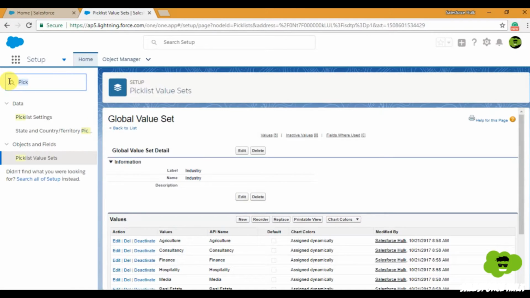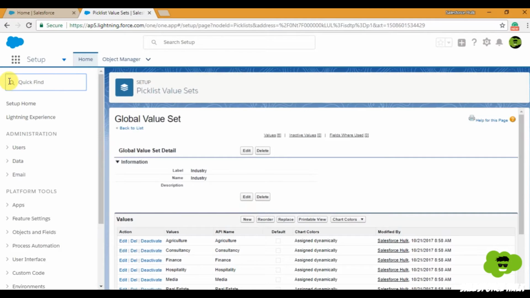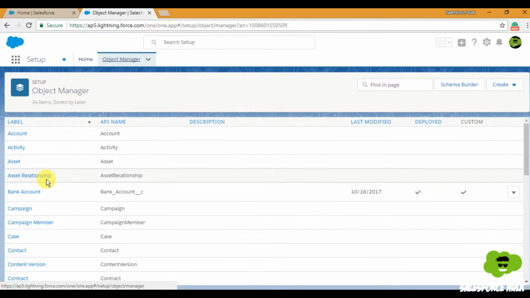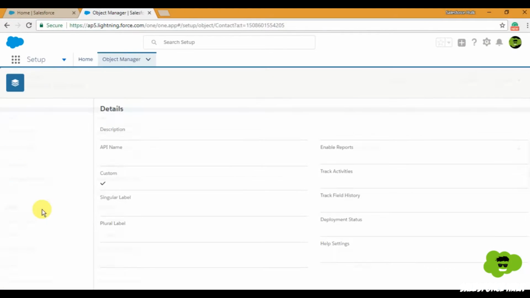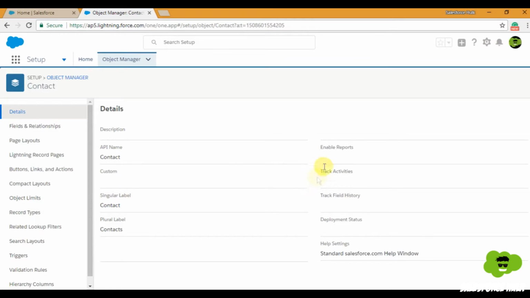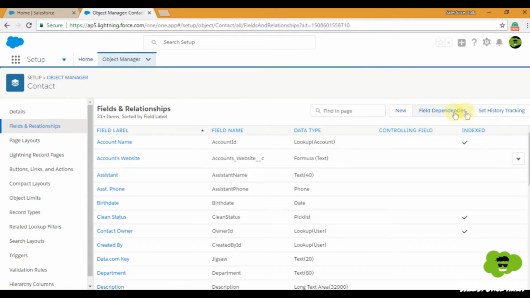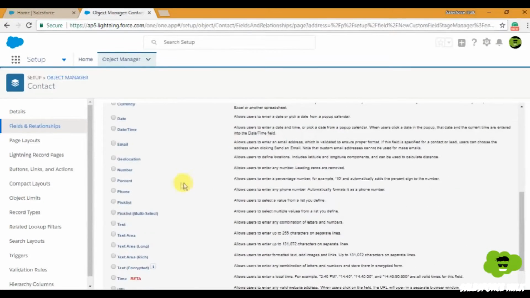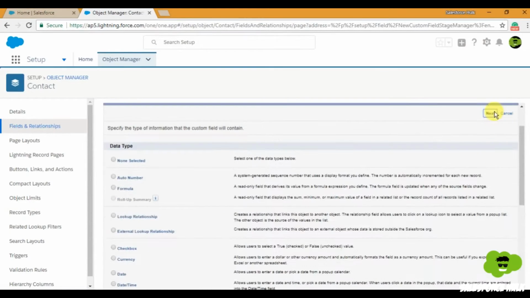Now, if I want to use this global picklist on the account object, or let's say the contact object, then in that situation I'll simply go to object manager. Over here I have object manager, and I'll go to contact, and then on fields and relationships, and I'll click on new. I'll create a new field, and the data type will be picklist only. Then next,